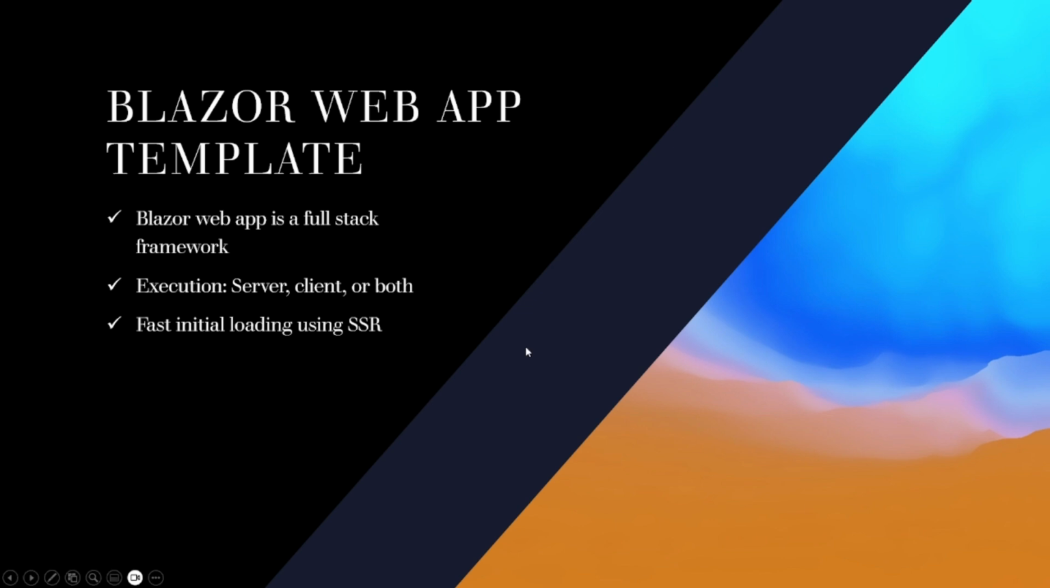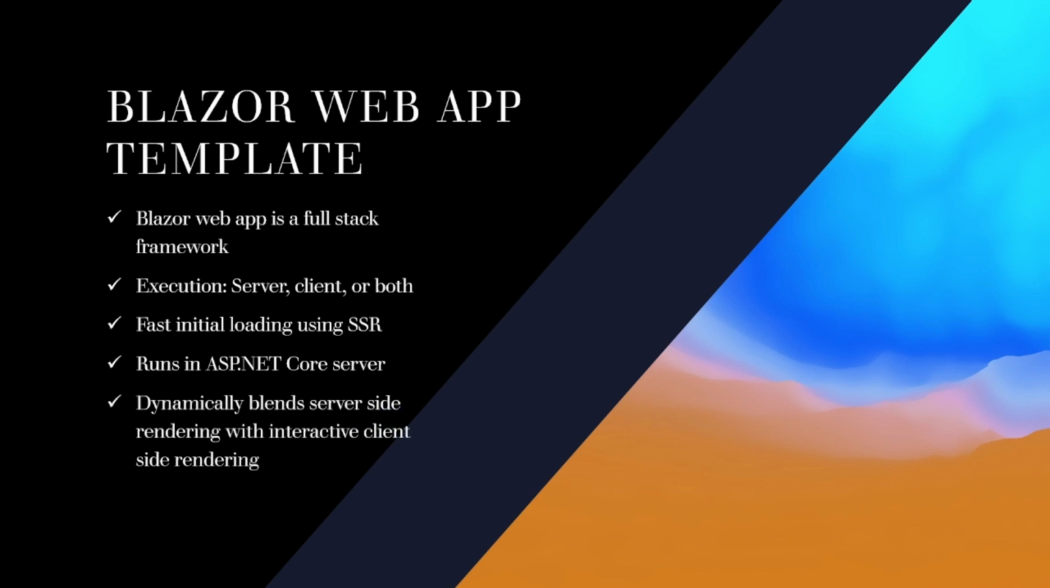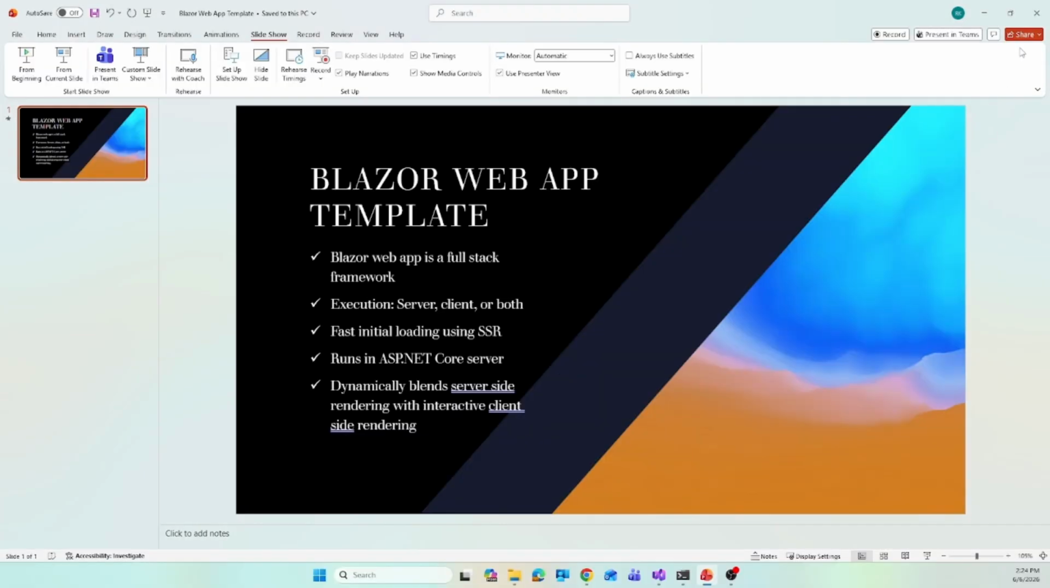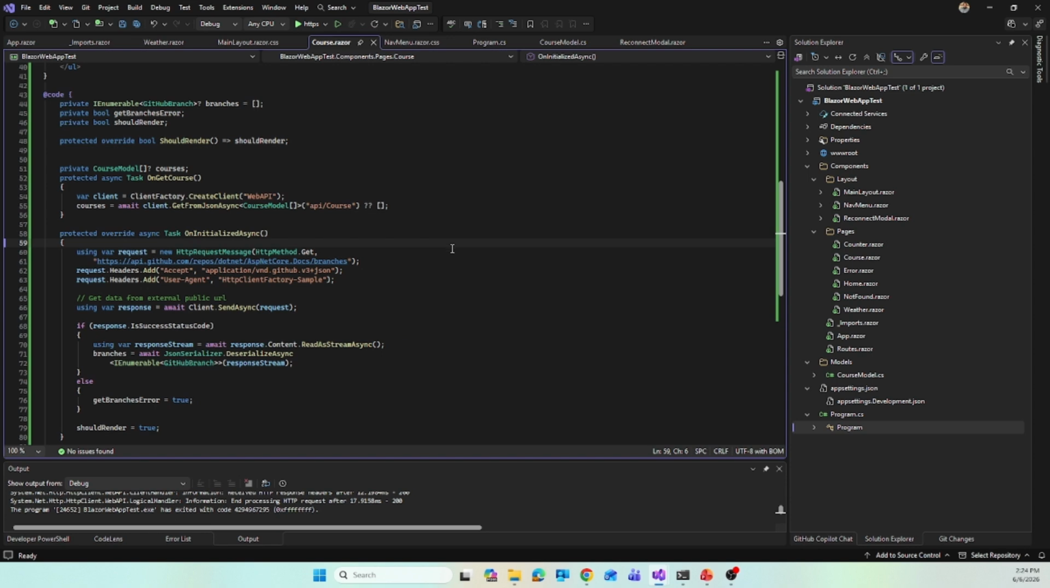Fast initial loading using server-side rendering, runs in ASP.NET Core server, and it dynamically blends server-side rendering with interactive client-side rendering. So I am going to show a short demo today about the Blazor Web App template. So first, what is actually the blending of server-side rendering with client-side rendering, which means actually